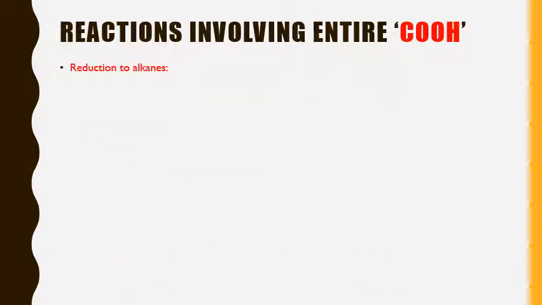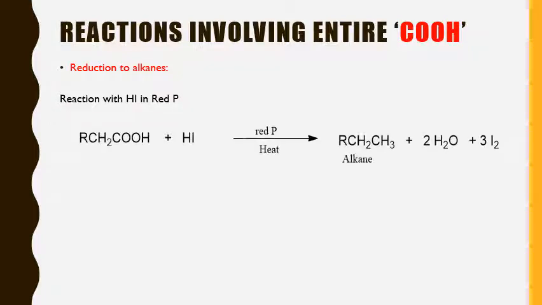Next are the reactions which involve the COOH in reduction. As I said, the reduction of carboxylic acids can go directly to primary alcohols when we use lithium aluminum hydride, diborane and so on, which involve only the CO group. But since we are involving the total COOH, it has to be reduced. That means two oxygens have to be cut. What is reduction? Removal of oxygen and addition of hydrogen. So remove these two oxygens and add corresponding hydrogens. Therefore, this will give you an alkane.